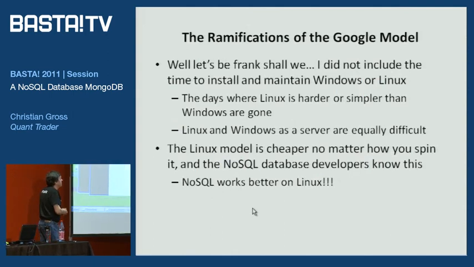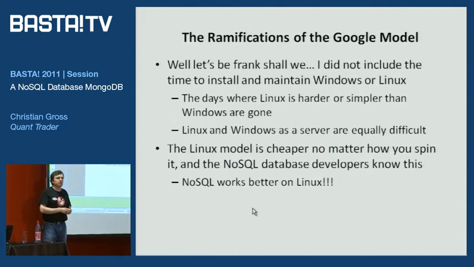The ramification is you have to think differently of NoSQL. This is what I'm trying to get you ready for with MongoDB. If you are going to adopt MongoDB, you're going to have to change your train of thought. You're going to have to say, I'm not going to buy a big box. I am going to buy little boxes. I'll probably throw Linux on it, and then I'll just start it up. Seriously, that's all you do. You just start it up, do a couple of configuration files, and you just leave it running, and it just hums. That's the mindset.